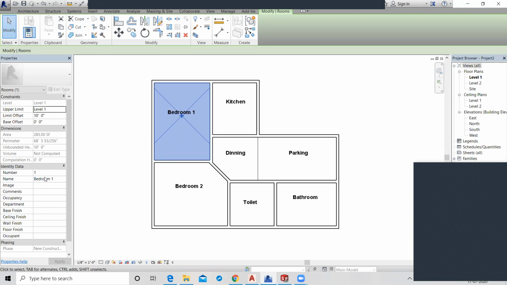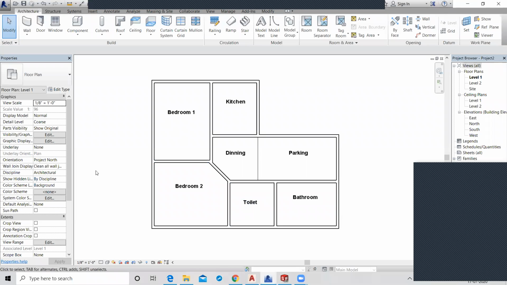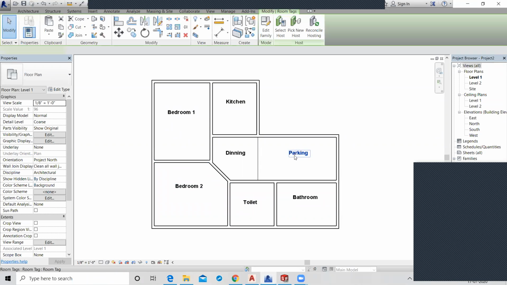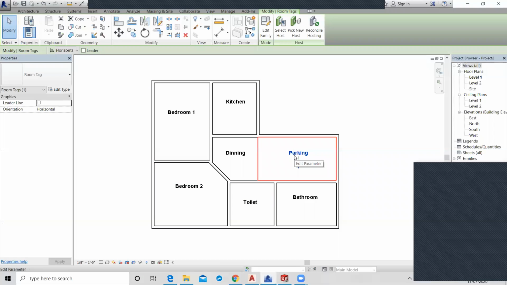Sir, how to delete? If I want to delete the room name, room tag. You just select your room tag, right? Press your delete button. Okay. And the room tag is deleted.